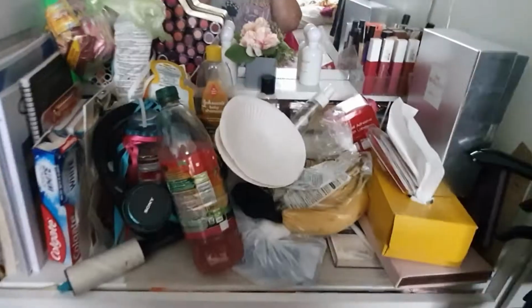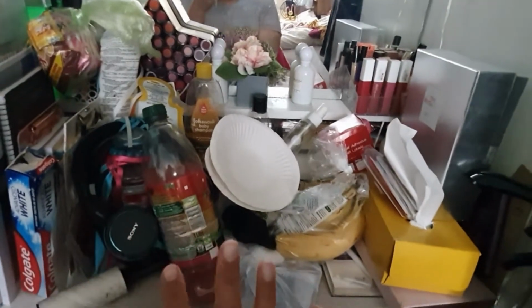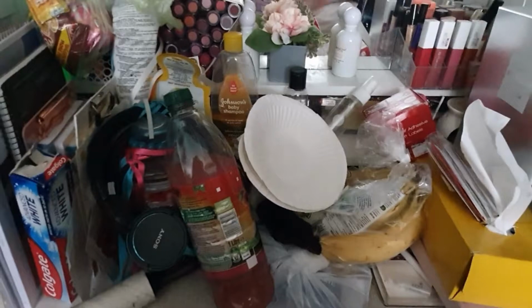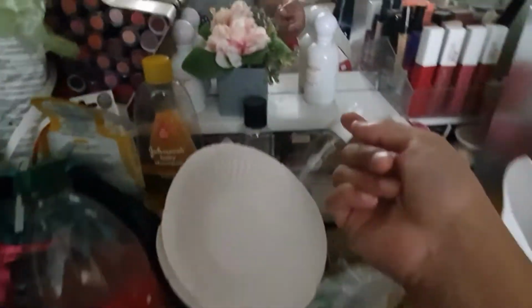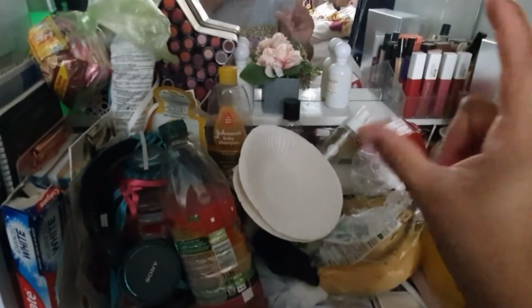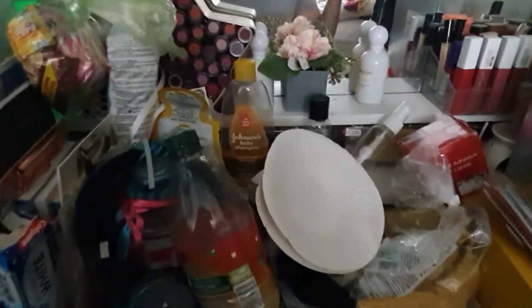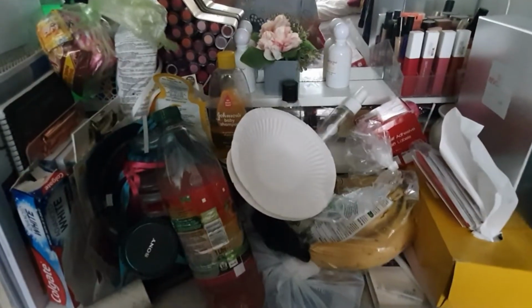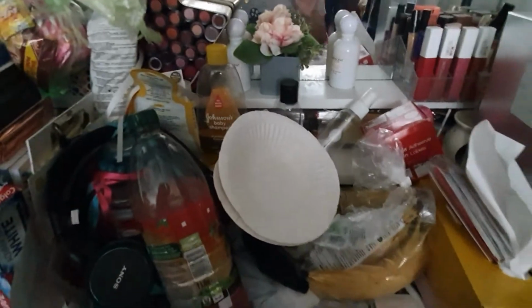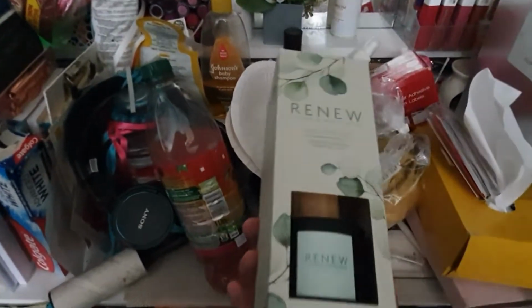So yeah. Okay, this is the normal setup that I have behind. Well, this isn't normal, but this is what I have behind me when I'm filming, and this is just ridiculous now. I can see dust because I haven't touched this area in such a long time. I've just thrown away a little mini, should I get it out? It's deep in the bin, I'm not gonna get it out. I've thrown away one of those little mini Primark scented things with the sticks in them. I've got this one which someone gifted to me